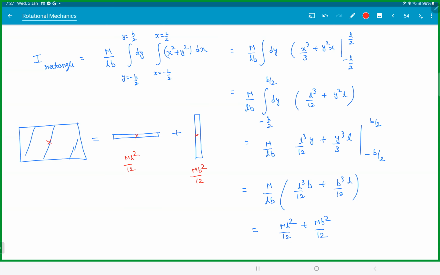The idea was the same, so you could have taken I will be ml square by 12 plus mb square by 12, because x and y are independent, this works. Getting the idea here? You could have just split it like this. Have a look at this. Now, why do you need to know this thing? Because in the exam,